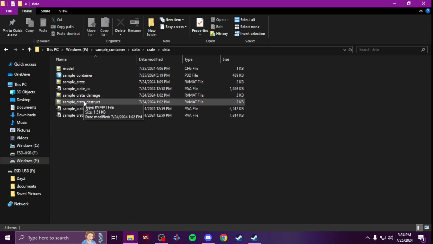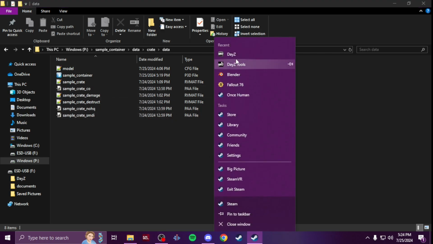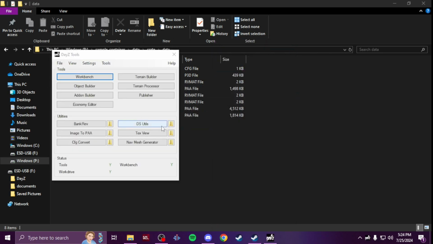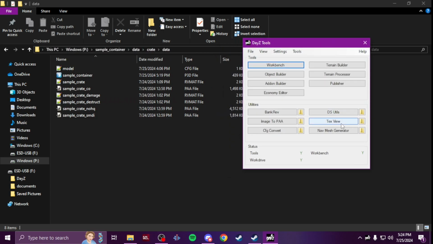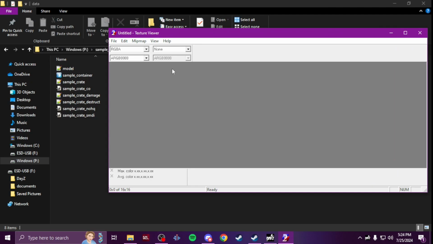converting over your textures, which I've shown multiple times on a few of my videos. But real quick, you just bring up your DayZ tools. Now with whatever model you buy or download, most cases it comes with textures. Most of the time you'll get a base color, you'll get a metallic, and you'll get a normal. So pretty much you're just going to open text view, and you're going to take those PNGs that you get,